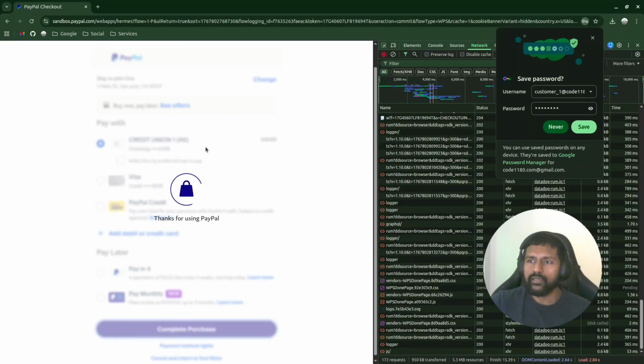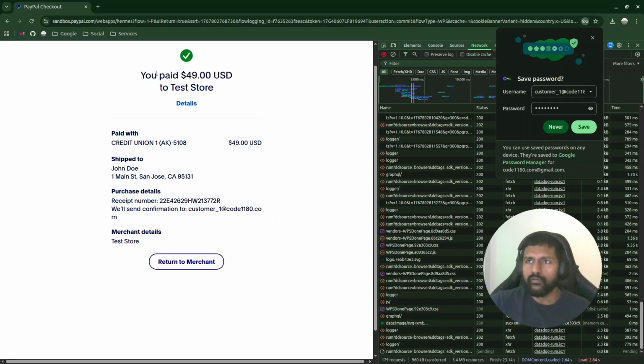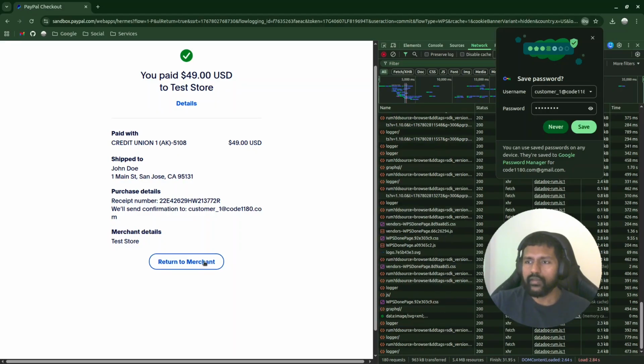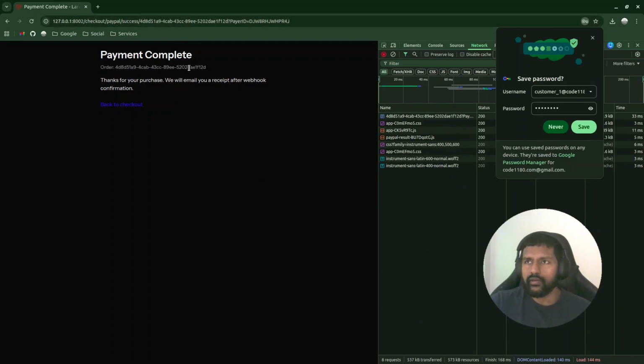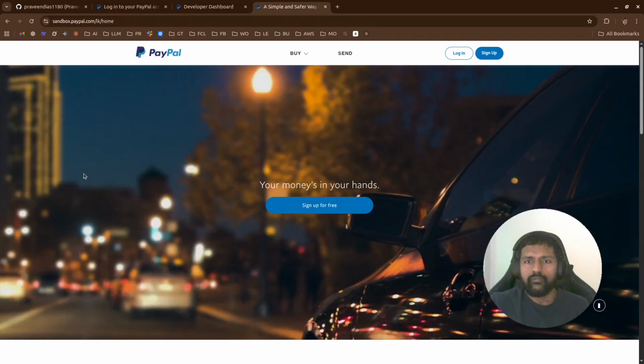Now the payment is being completed here. Now it says you paid this much to the test store. We can click return to merchant here. It will return to our website with this ID. It says thanks for the purchase, and we have this order ID. We can visit